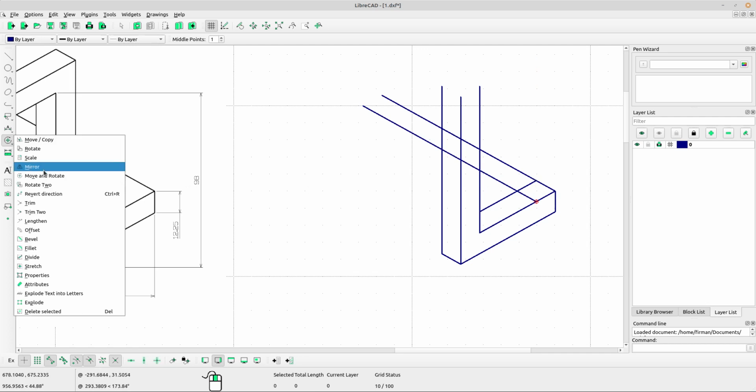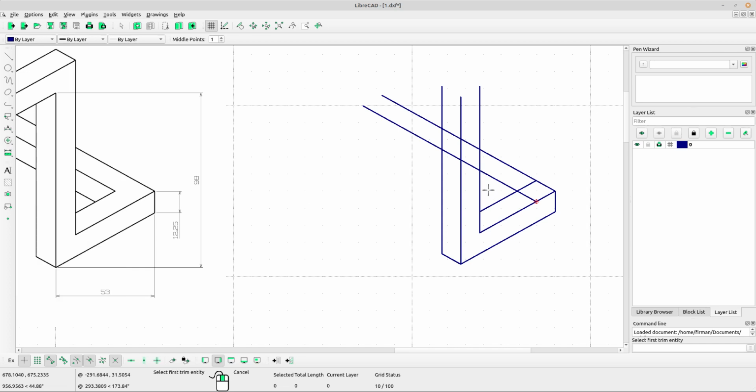Now select trim tool, left click and left click at the second line, right click to escape, right click again. Okay, next